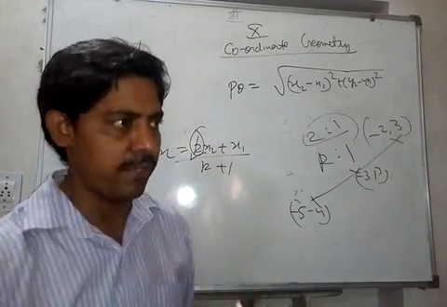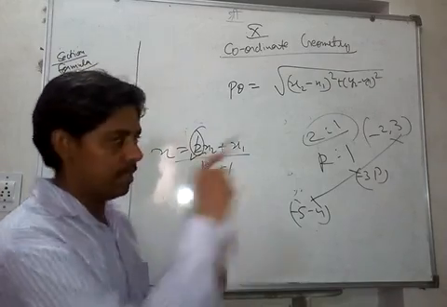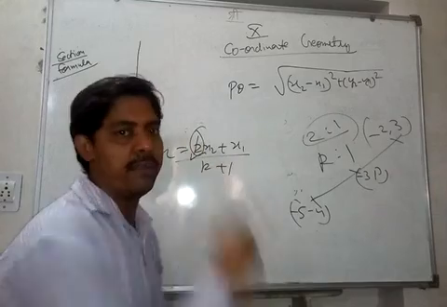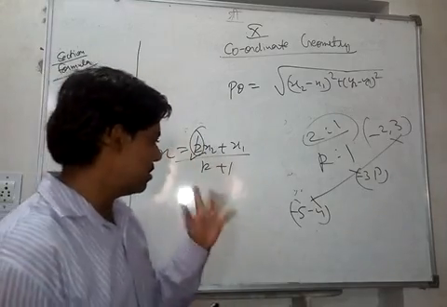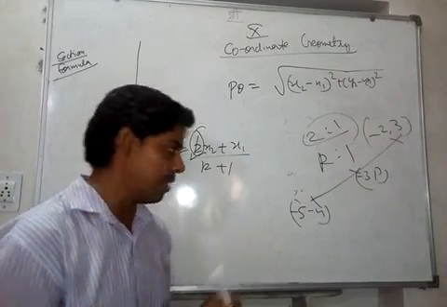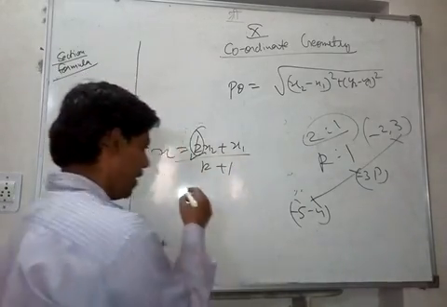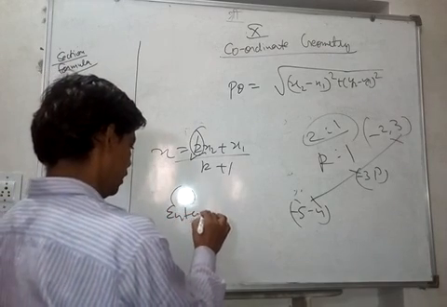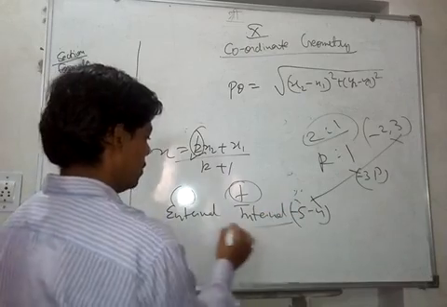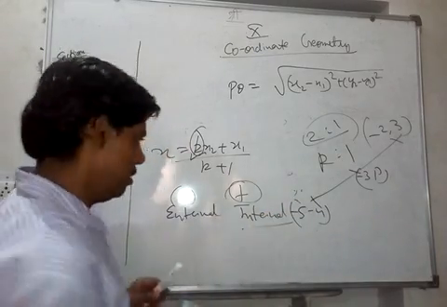But if you are not sure whether it is external or internal division, then you can use this formula, and if you get the value of k as negative, then you can say that it is externally dividing. So that means the section formula is just one, but at your level you can use minus for external and plus for internal. Is that okay? Minus for external and plus for internal division. Okay, so you can easily understand that the same formula can be used for both calculations.